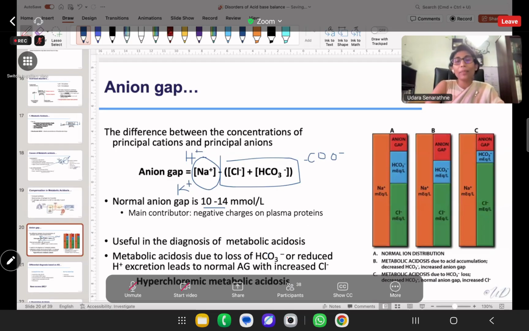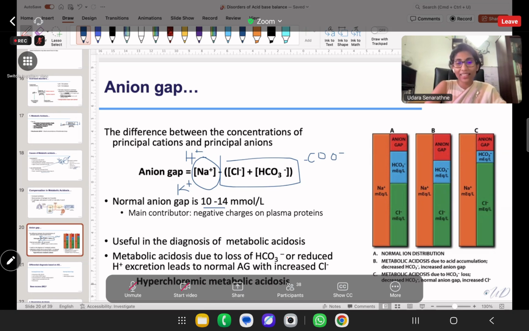And if you're having metabolic acidosis, you are going to have excess anions coming in due to these organic acids, and those are going to take the place of the anion area,